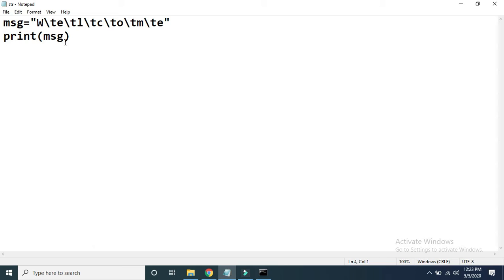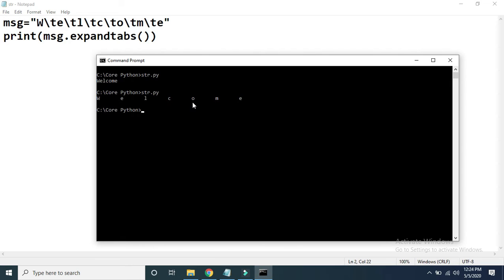Now say I want to use our method here, that is expand tabs method. So this method we can apply on string. So string we store in msg. So here I am just calling expand tabs. Initially see, I'm not passing any parameter. So if you are not passing any parameter for the expand tabs method, then default size it will just take as 8. So I'm not passing any parameter, so it will just print this string as it is once again, because default size is 8. If you are not passing any parameter, default size will be 8.